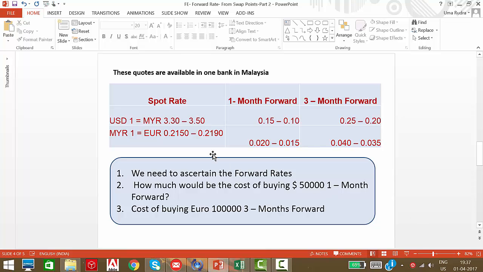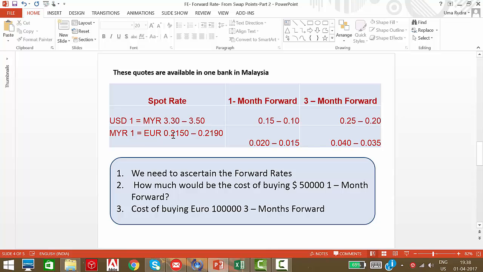Imagine these are the rates: spot rate, 1 month forward rate, and 3 month forward rate. These quotes are available in one bank in Malaysia. So it means that here the domestic currency would be Malaysian ringgit. So 1 USD equals MYR 3.30, 3.50, and 1 month forward swap points given, that is 0.15 and 0.10, and 3 month forward also given 0.25 and 0.20, and another rate is given, 1 Malaysian ringgit equals to euro